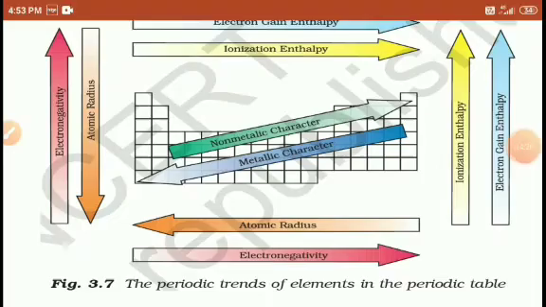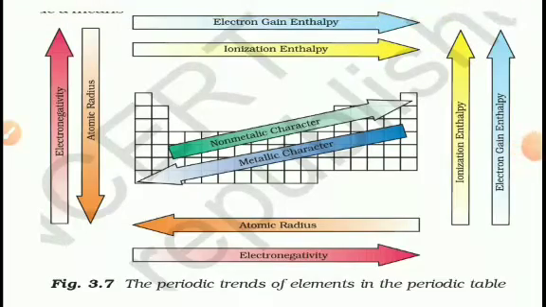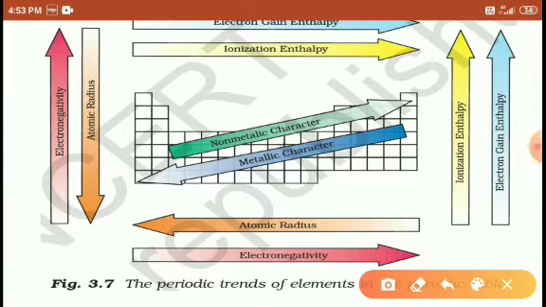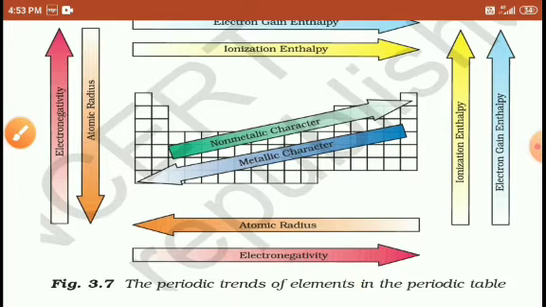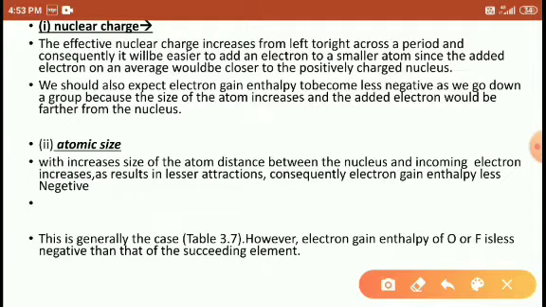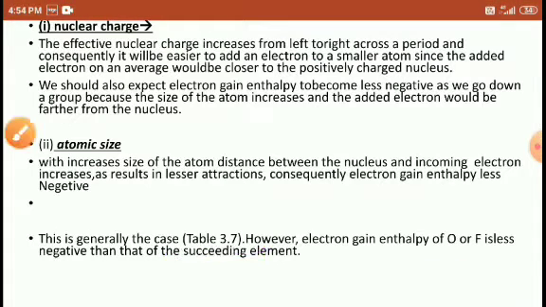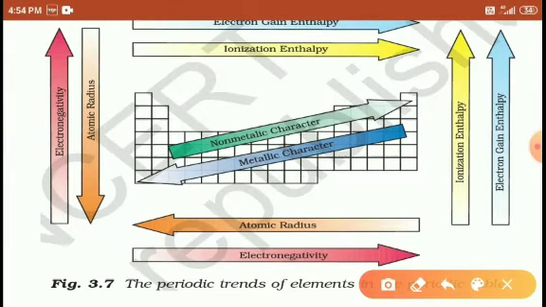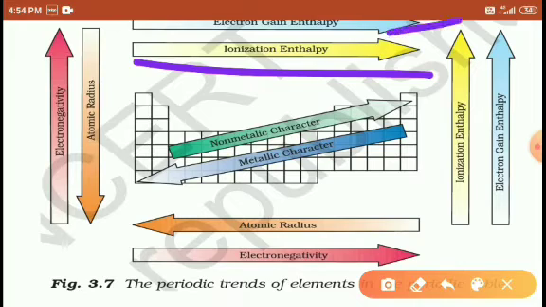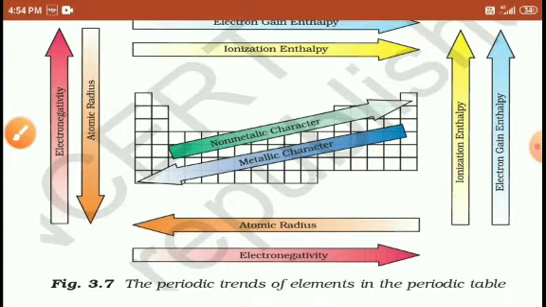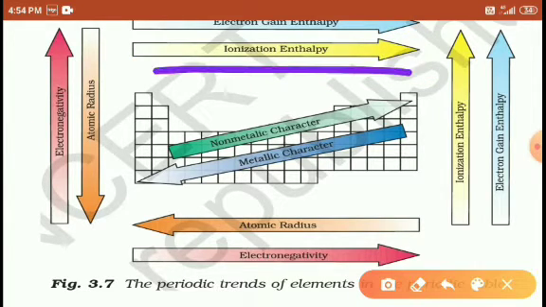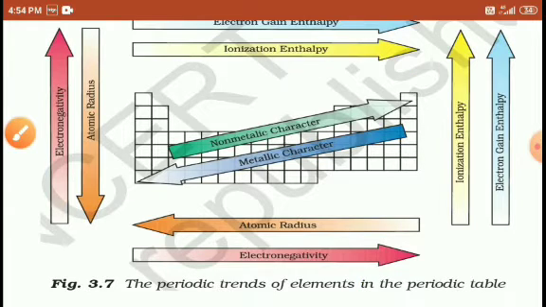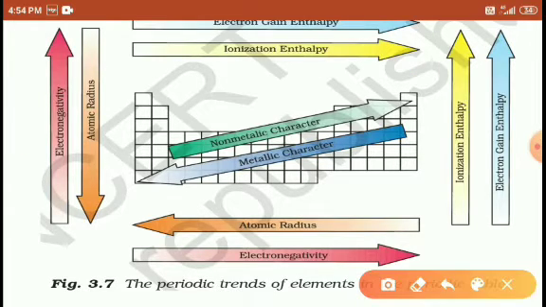Okay, look here, students, as we move through the 3.7 table. Generally, the 3.7 table is mentioned here. Oxygen and fluorine are less negative than the succeeding groups. So electron gain enthalpy increases here, ionization enthalpy increases, and electronegativity